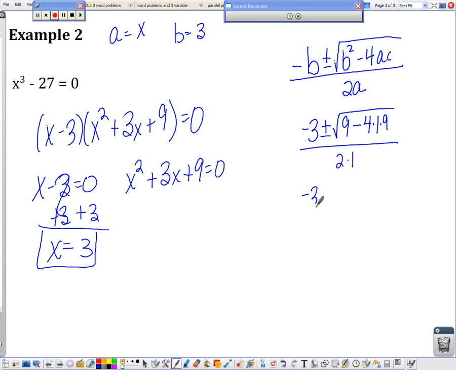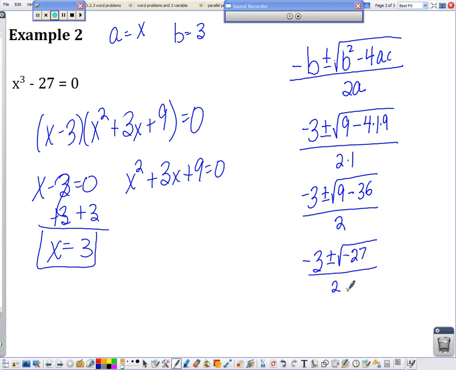So, negative 3 plus or minus 9 minus 4 times 1 times 9 gives me 36. 2 times 1 gives me 2. So the negative 3 plus or minus the square root of actually ends up with a negative 27 all over